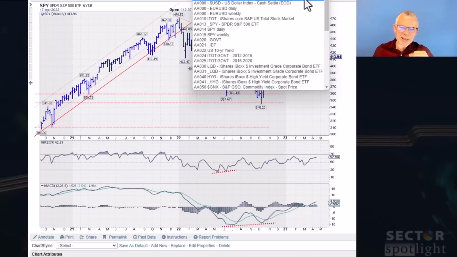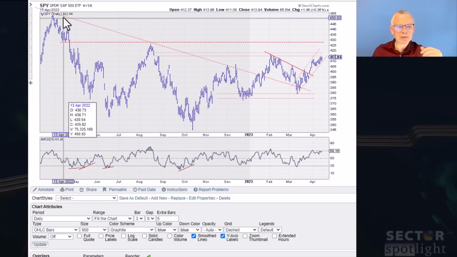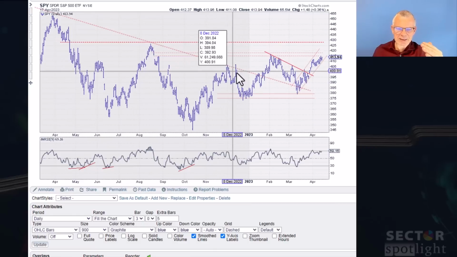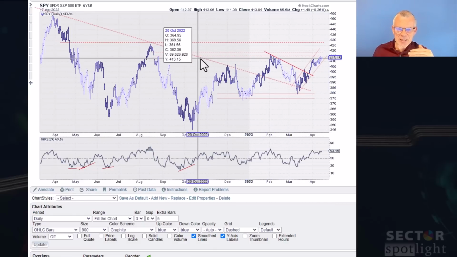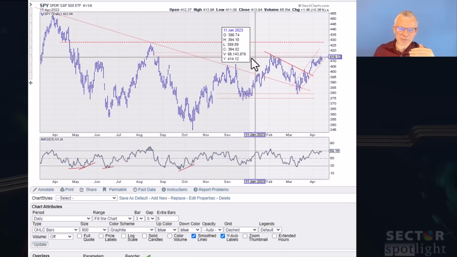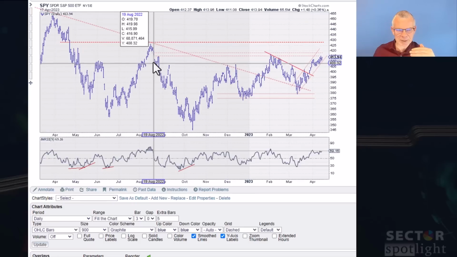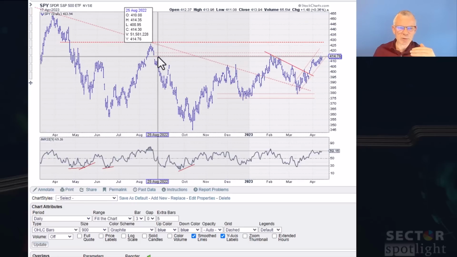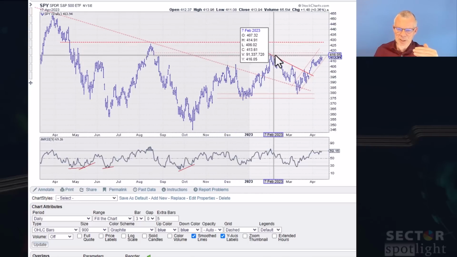If we go to the daily chart of the S&P 500, obviously giving a little bit more granularity, we, no surprise, see the same type of picture, just a little bit more detail. Here is that downtrend line, and you can see how that even started to act as some form of support. But here you can see even more clearly how that 415, 470 area, the gap area here, the gap is on a day basis, and you can see that it actually tried to move back higher, didn't work that week,